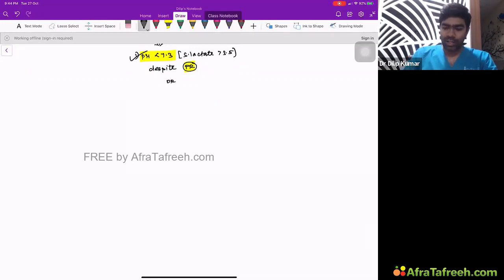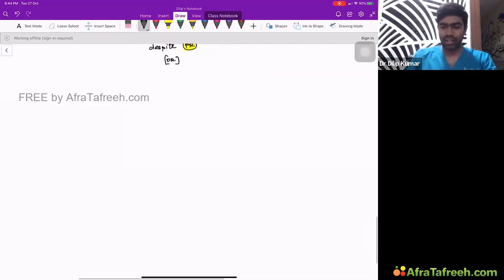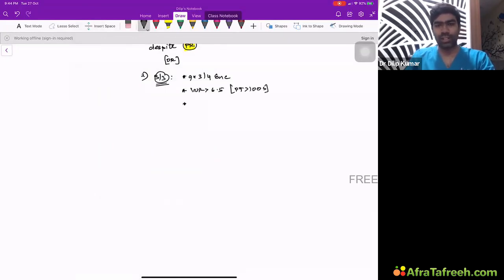Or suppose the patient is not having this indication, then there is a second indication where you need to have all 3 out of 3, whatever I'm going to tell. Number one is the patient is having a grade 3 or 4 encephalopathy, or the patient is having severe coagulopathy, evidenced by PT more than 6.5, INR more than 6.5, or an equivalent prothrombin time more than 100 seconds, which is usually equivalent to INR of more than 6.5, or